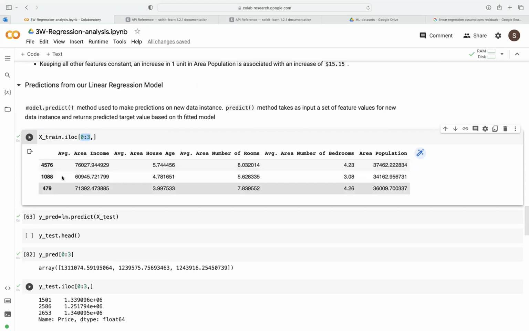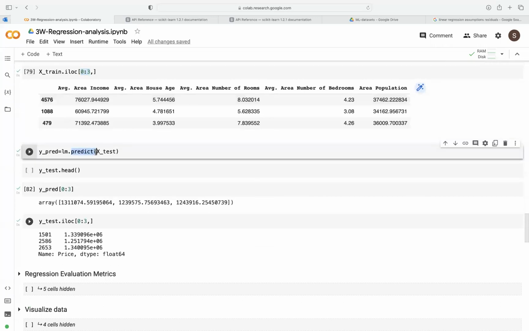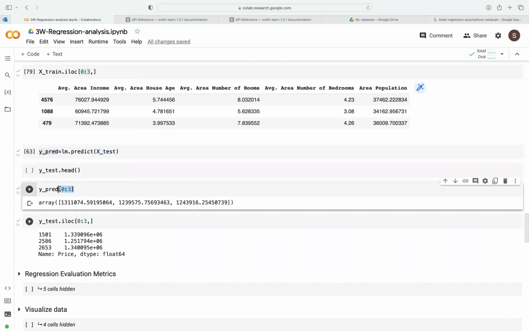You can see these are the first rows; they just contain the features and don't include the dependent variable price. Now, the goal of predict is to predict the Y for our X. But let's first predict on X test. We feed that and call this variable Y_pred. And then we can predict this on the first 3